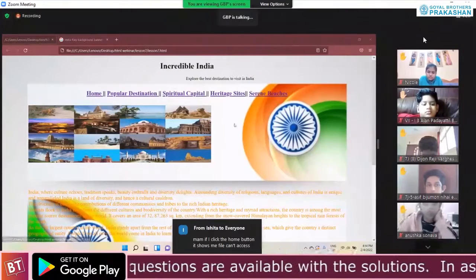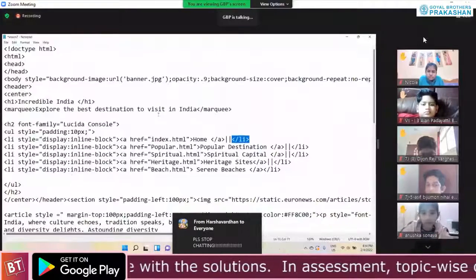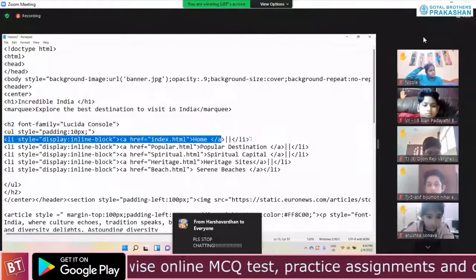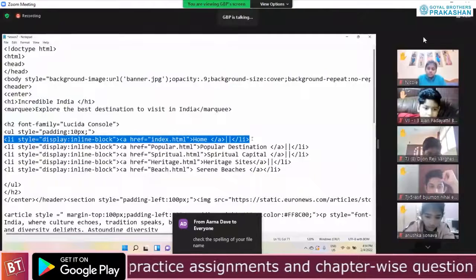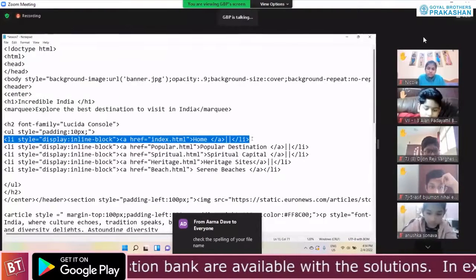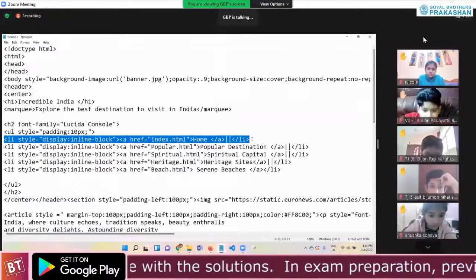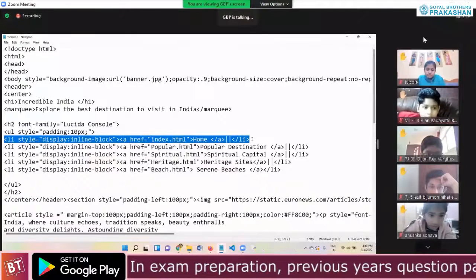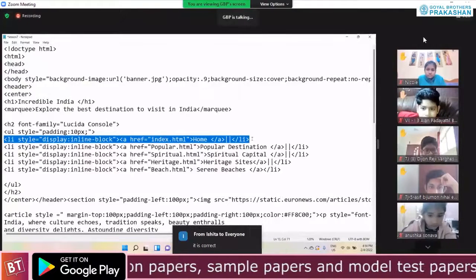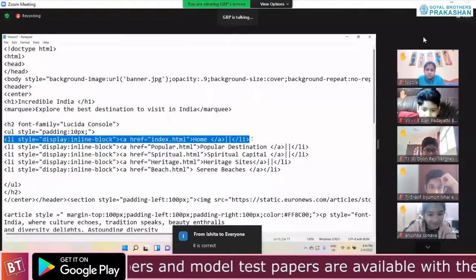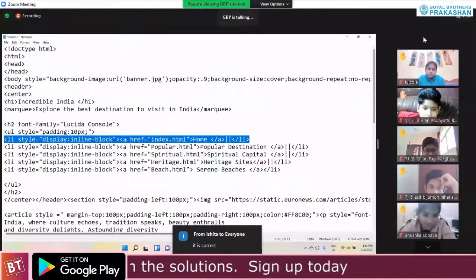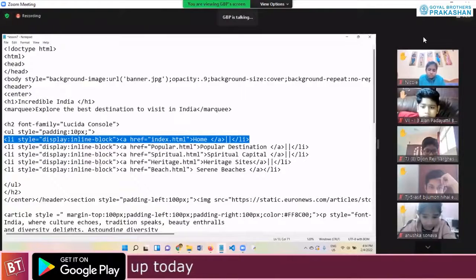Okay, so अभी हम क्या करेंगे? Let's go back to our code and check. So what you have to do, you have an option of copying this and pasting it 5 times. Okay? Our target is to complete at least 3 of the pages. ये मैंने कर दिया था just for sake of completion, that 5 I have put, because India is a vast country, you cannot just complete it in 5. We can have thousands of it. Huh? So just copy it 5 times. Once you have copied, let me know.